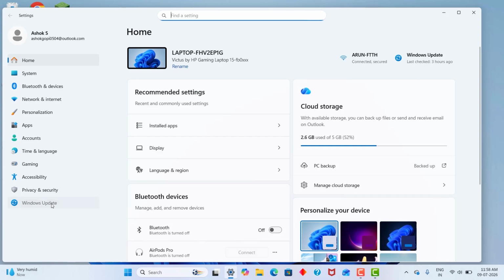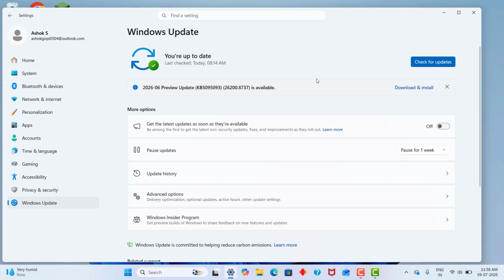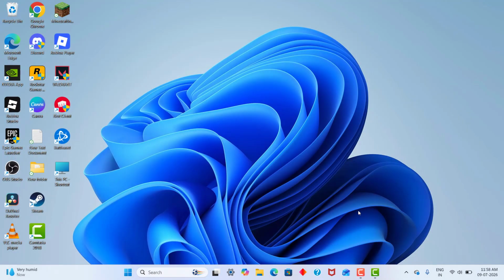And next step, click Settings, click Windows Update and make your Windows up to date. If there is any download or installation pending, you need to download and install it and make your Windows up to date. Once complete, come to the next step, search for Device Manager,